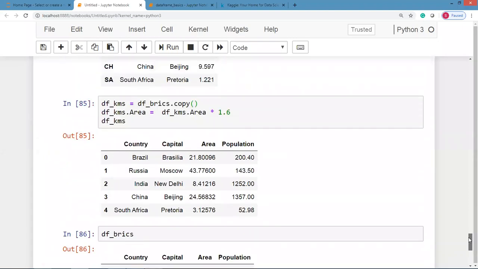Okay, guys. Generally, many a times when we perform some calculation, we capture the result in a separate one. I've seen that the original data frame is never modified unless you apply inplace equal to true. But we did face a problem here, and then we can just copy from one data frame to another data frame, and then try to perform some calculations out here, or you might want to say that